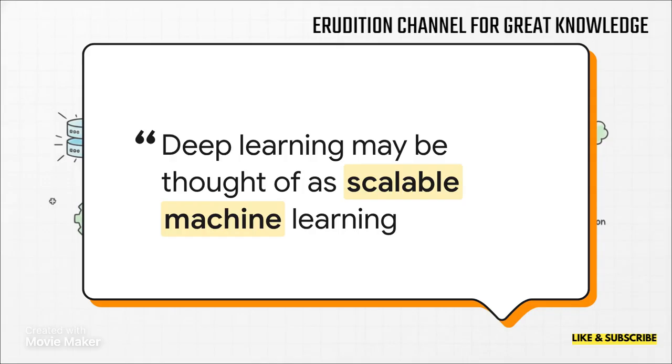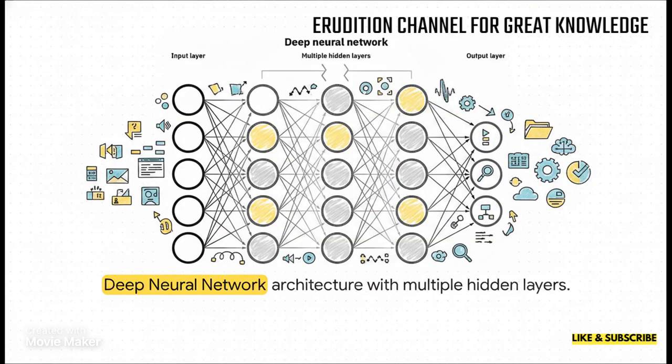And this is exactly why Lex Fridman, in a presentation at MIT, referred to deep learning simply as scalable machine learning. By removing that human bottleneck from the data interpretation phase, we can scale these learning algorithms in some incredibly exciting and expansive ways. Now, to see exactly how deep learning achieves this, take a look at this deep neural